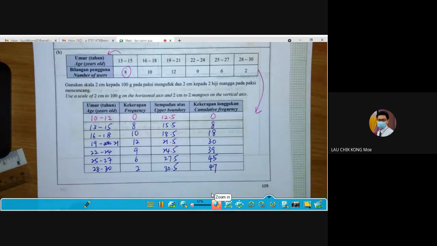Okay. So now you use this table to draw the ogive. I give you 5 minutes to draw the ogive, and then later on we will discuss the answer together. So after 7:52, we will discuss the graph. Okay, so this is a table, and then you draw the ogive now.